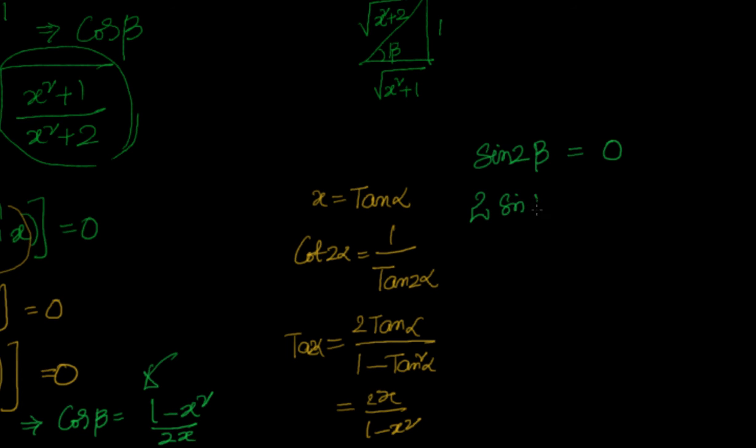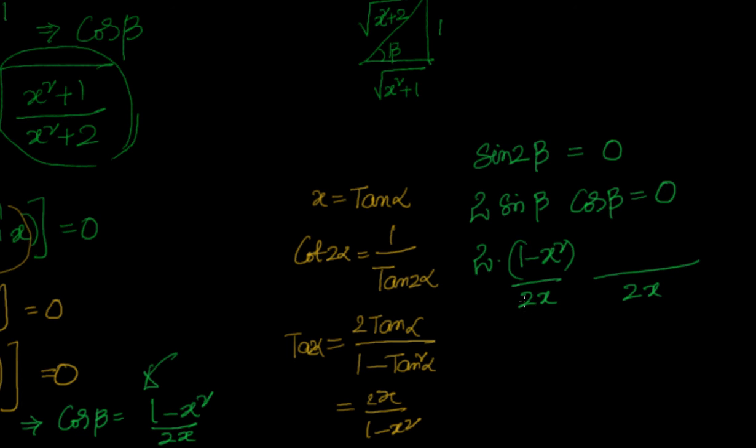This is nothing but 2 sine beta cos beta equal to 0. That means 2 into sine beta, I will write cos beta as it is, 1 minus x square by 2x, into sine beta. You can see sine beta is nothing but square root of,